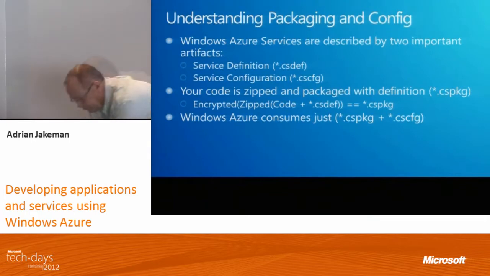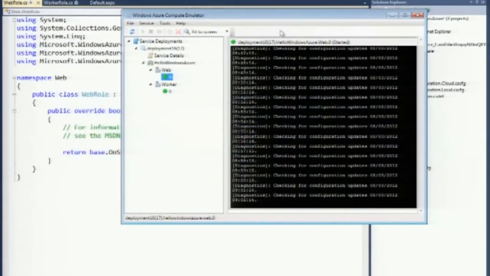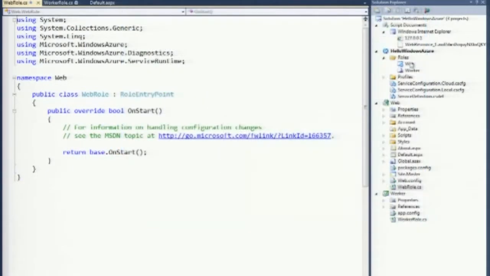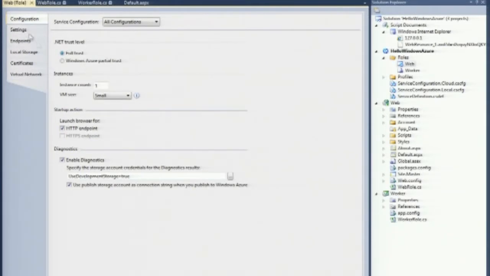For example, if I was to switch to my virtual machine over here, look in the properties of this web role, and go into my configuration section, you'll see that I'm going to ask when I publish this web role to Windows Azure,